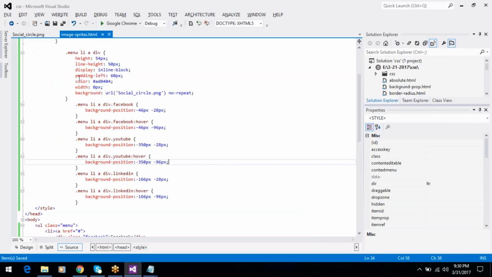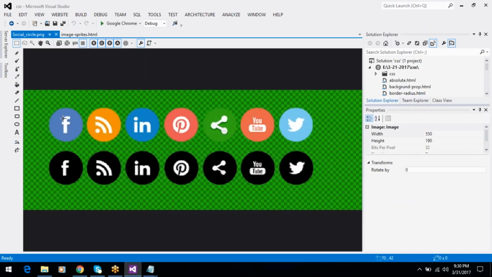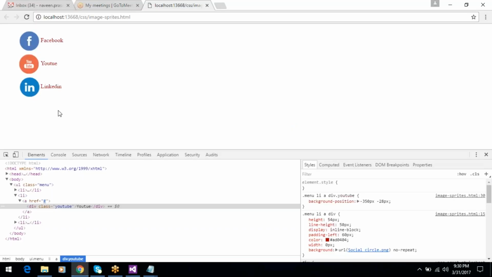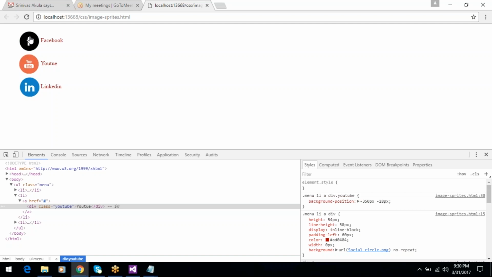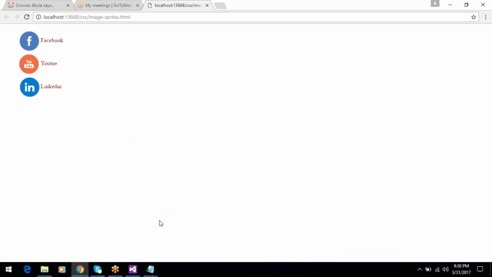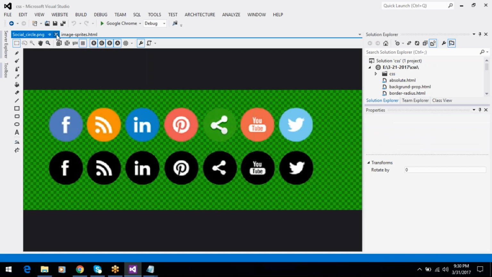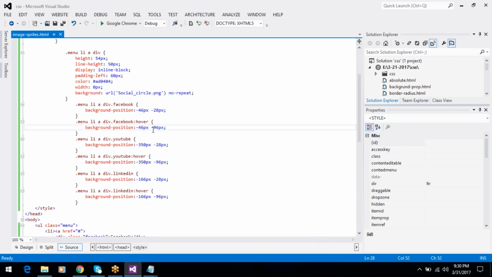Okay, so the actual image is this. First we are displaying the original images, and when your mouse hovers on that particular link, it will change the image styles. Okay, so this is the image sprite example. You should practice this example,